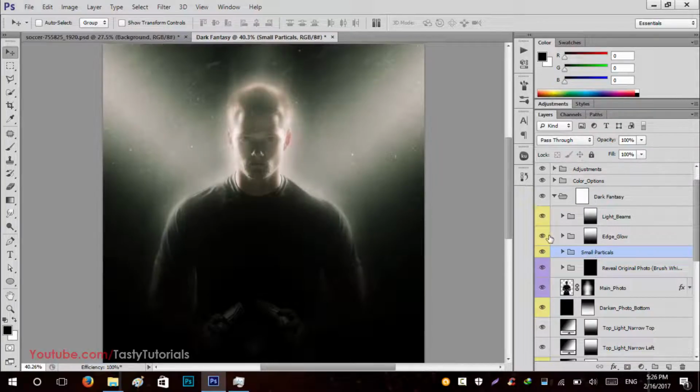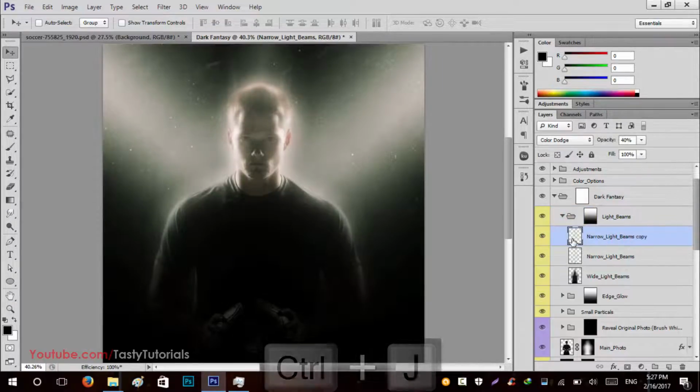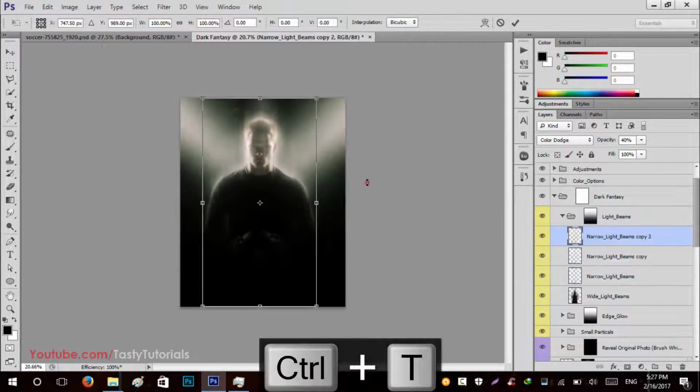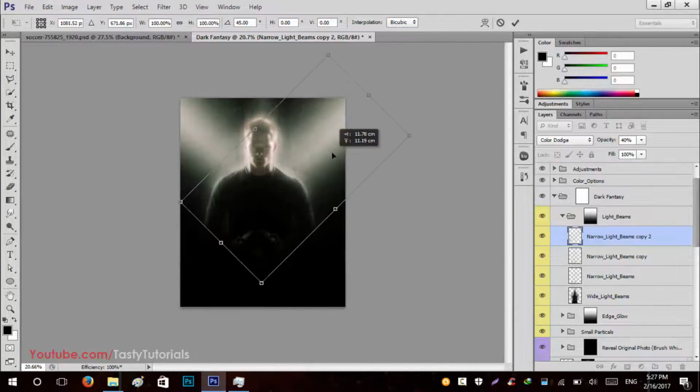That's it. Now this is the glow one, these are our light beams, so let's move to the light beams. Turn them on and you will see that this is the light beam. We'll press Ctrl J. Nice. Now we'll press Ctrl J again and press Ctrl T, zoom it out, press Shift and we will set the angle to the right side like this,